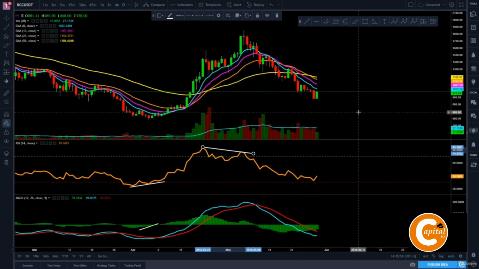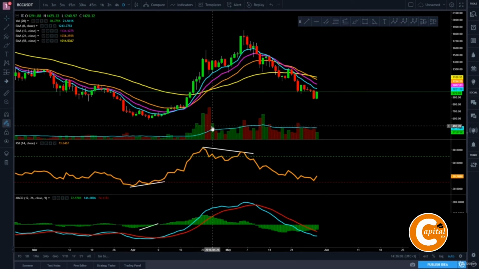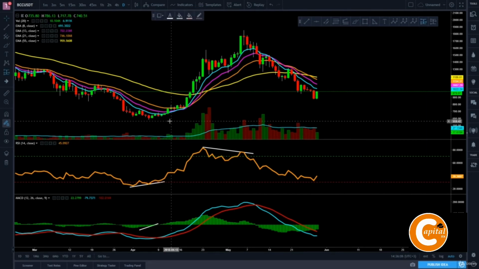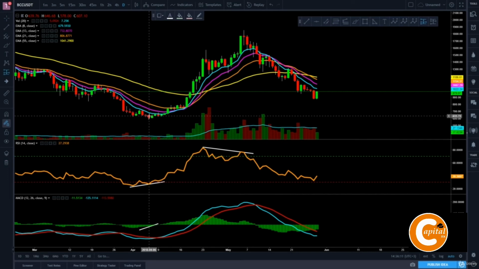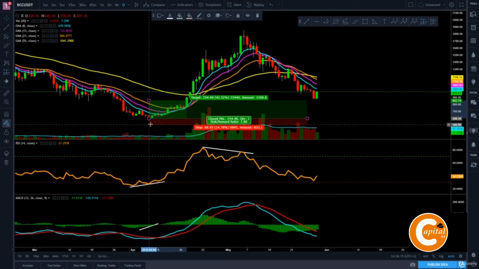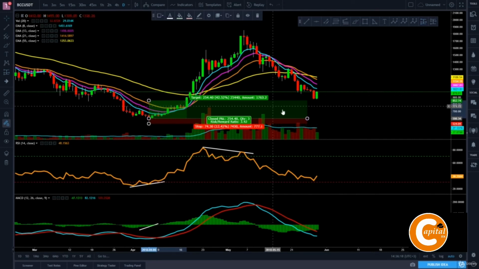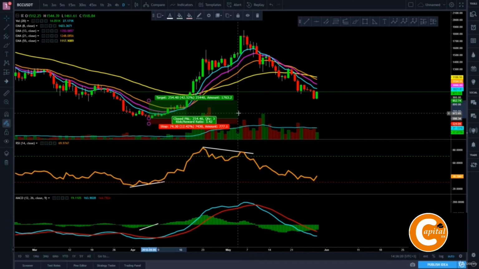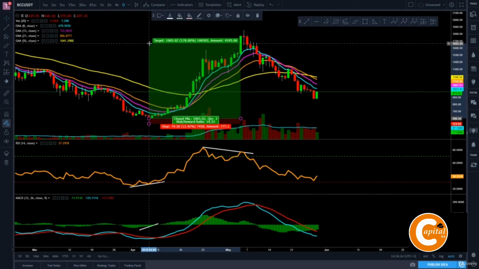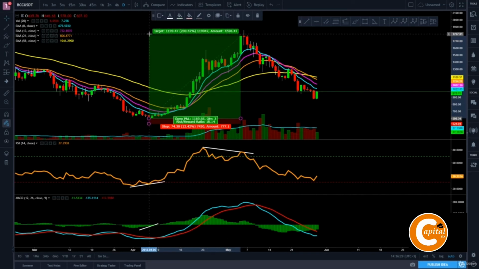So let's see how much profit you would have made if you played this setup. And I will take my long position tool from my favorite toolbar, set my entry point right here at this candle, which corresponds to this higher low on the RSI, setting my stop loss slightly below my entry point, and you would have sold it where we see on the RSI and MACD that it starts to bearishly diverge, which is over here, and in this trade you would have made a huge 200% profit